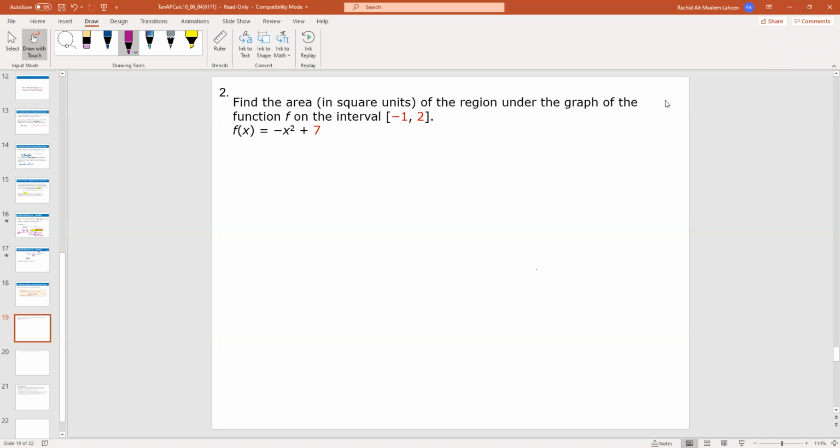So let's do some examples. Let's say find the area of the region under the graph of the function f on the interval -1, 2. Of course, this area under this curve means we need to find this integral,